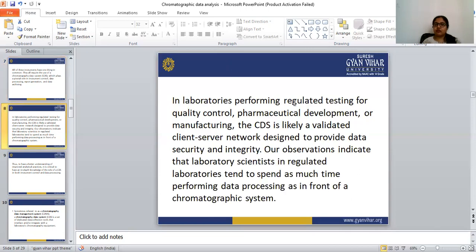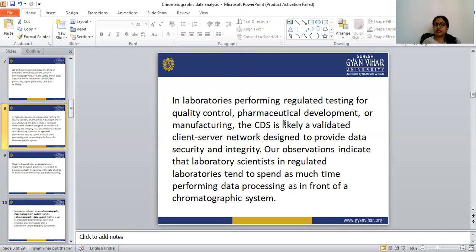In laboratories performing regulated testing for quality control, pharmaceutical development, or manufacturing, the CDS is likely a validated client-server network designed to provide data security and integrity.